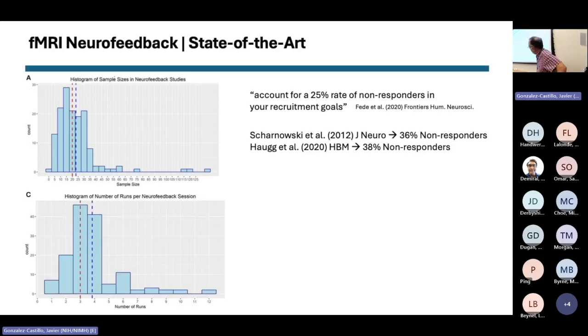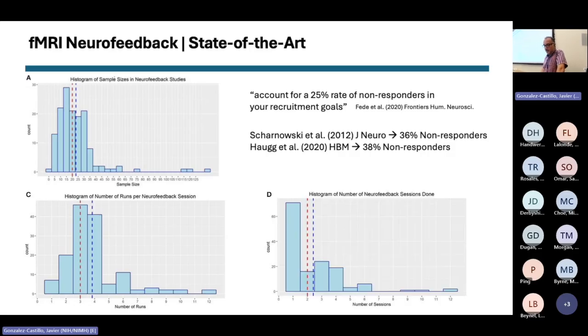Then in terms of the number of runs, we have limited time: 1 hour and a half with our subjects, with stops at the scanner. There are all these extra preparations that I was telling you about at the beginning. So there is a very limited number of runs that people can accomplish. It depends on the length of the runs, but give or take. And then, how many times do you bring people back? fMRI is very expensive. And as you can see, most of the studies tend to be on the short end, just a few,